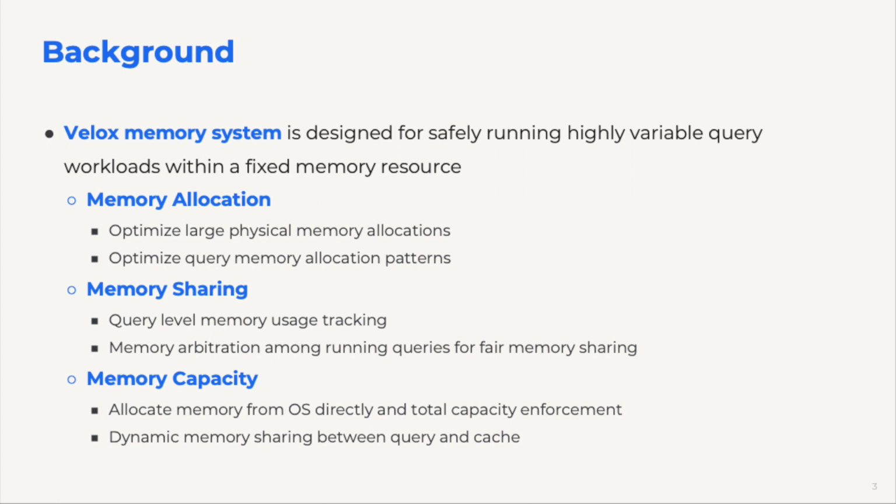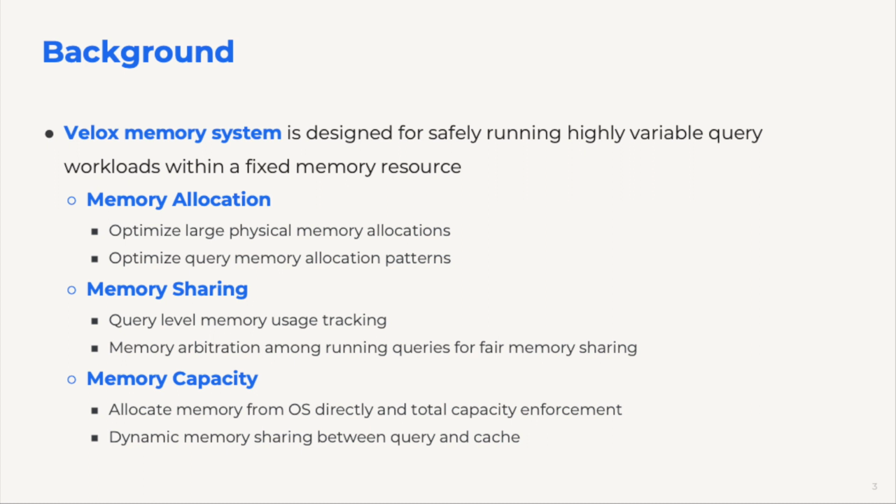Based on the automatic query memory allocation going through the Velox memory system, we can track each query's memory usage. Based on that, we can apply query-level capacity enforcement and dynamic memory sharing between queries. When a query's memory usage goes beyond the user-specified capacity, we will reclaim the used memory from the query. And if the Velox memory system has no memory left, then based on tracked memory usage, we will reclaim the used memory from the queries which use more memory, for fair memory sharing. Reclaiming the used memory from a running query is achieved through the disk spilling techniques